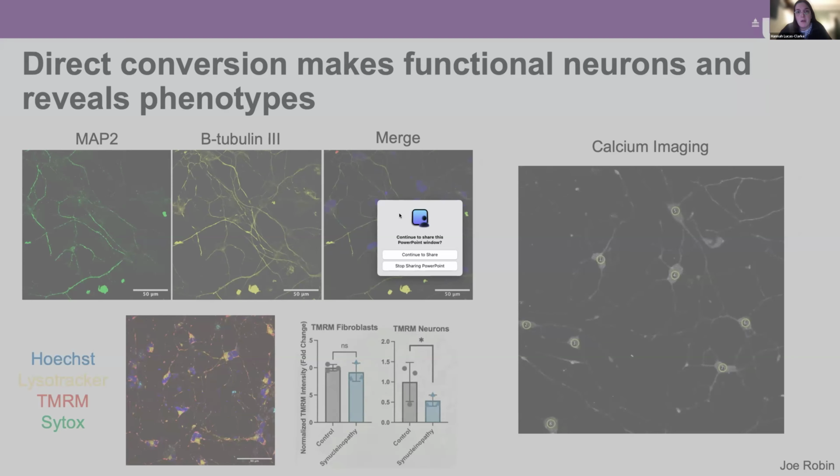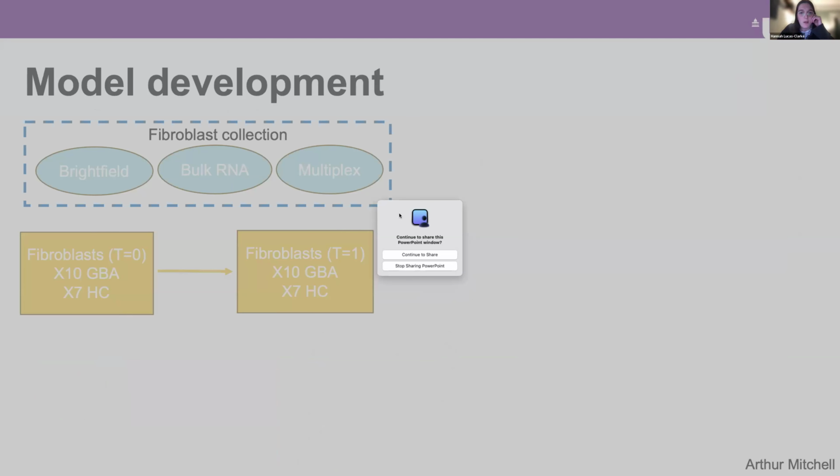So this may be something to look at, see if we can train our model from fibroblasts and then train our model from neurons and see whether the models predict different phenotypes. So we're making good progress on the model development at the moment, and this is in collaboration with the bioinformatician and mathematician in the lab.